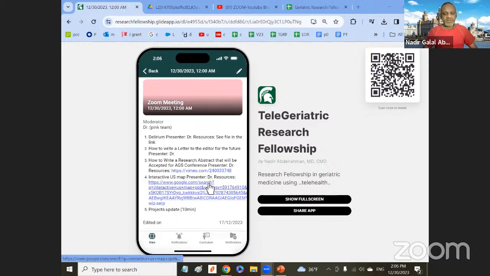Perhaps at the end we can go over some of the maps, how to get an interactive map so that when you present or talk about incidence and prevalence in the US, for example, you can use some of these tools. So we're going to start with